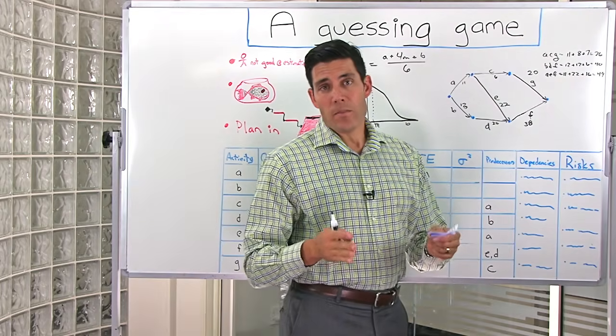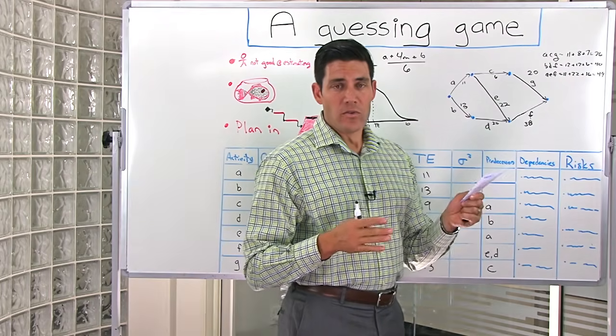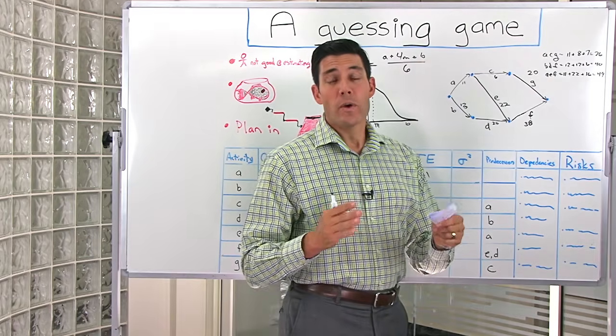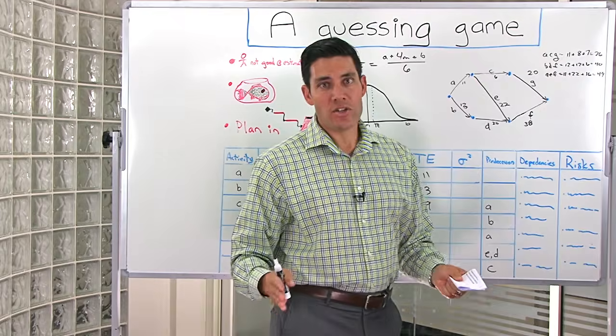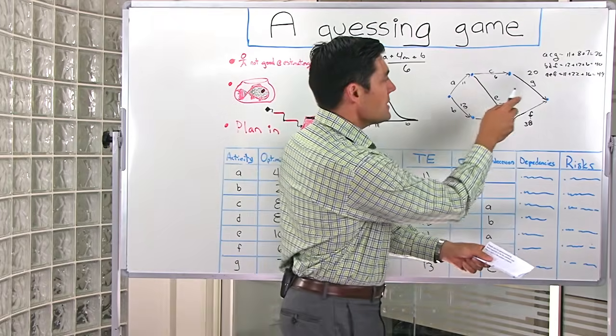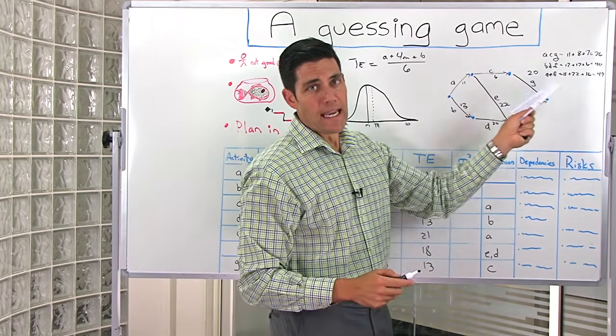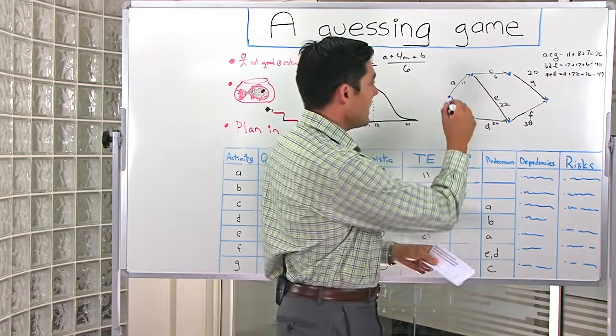Now that you've added up all the individual tasks and getting you through that network diagram, you can quickly see what your critical path is, which will be the longest duration it takes you to get from the starting point to the end point. In this case, it's AEF of a total of 49 days.